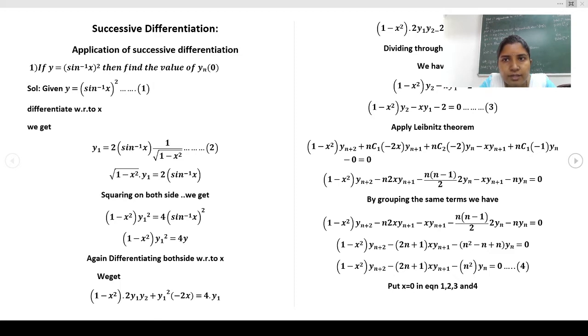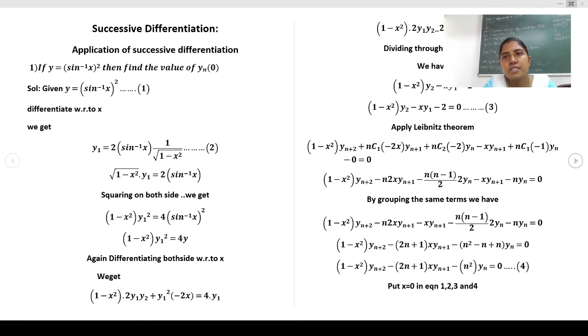For a function y, the first derivative is y1. The second derivative is y2. If the next derivative also exists, we call it y3. In the same way, we repeat the differentiation of the same function y equals f of x, and then we get the nth derivative. Generally, we call that the nth derivative. That is, this process of differentiating the same function y equals f of x repeatedly is called